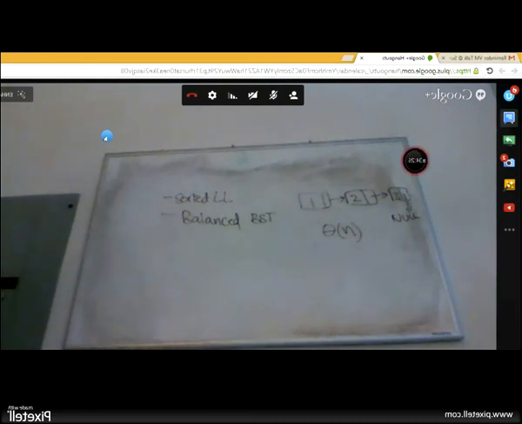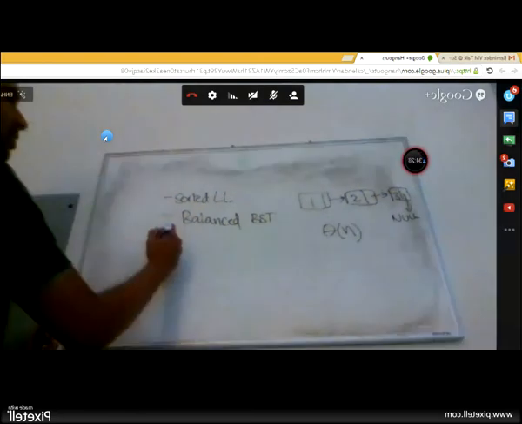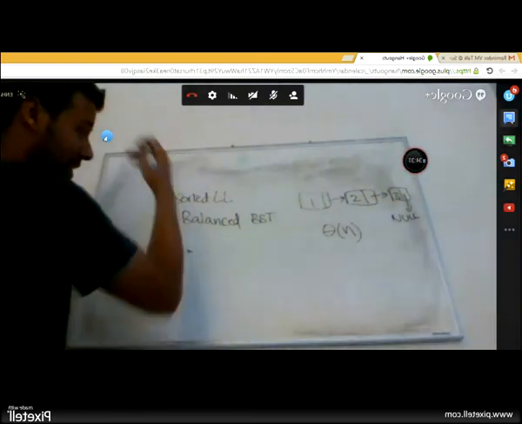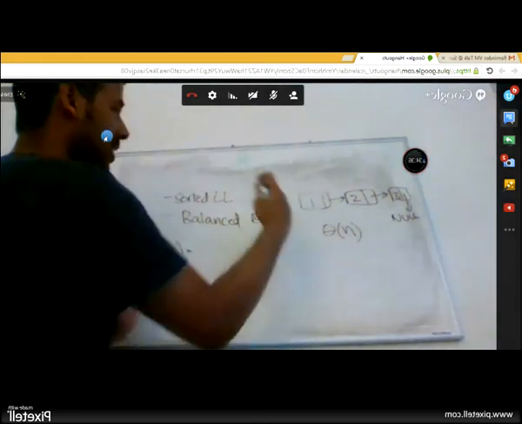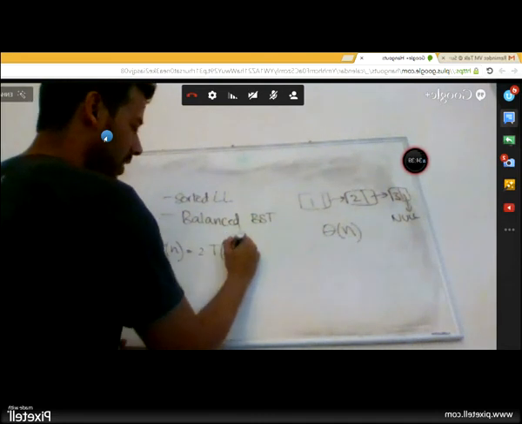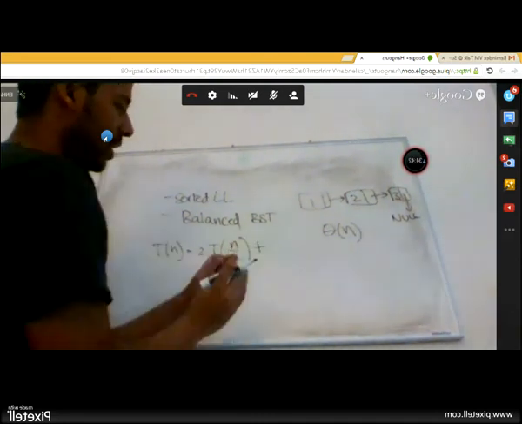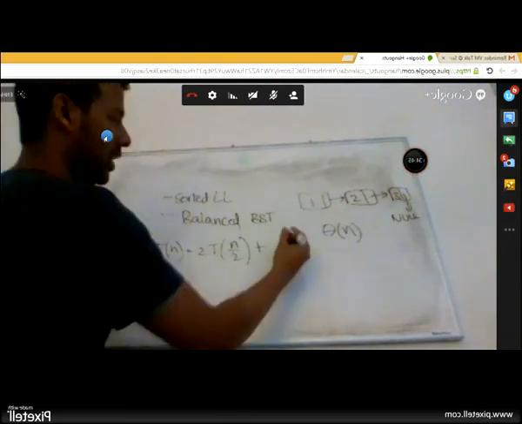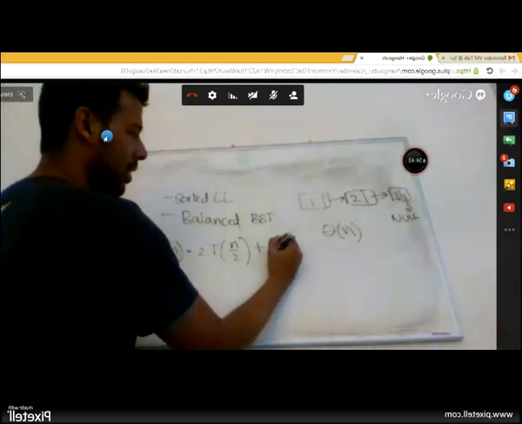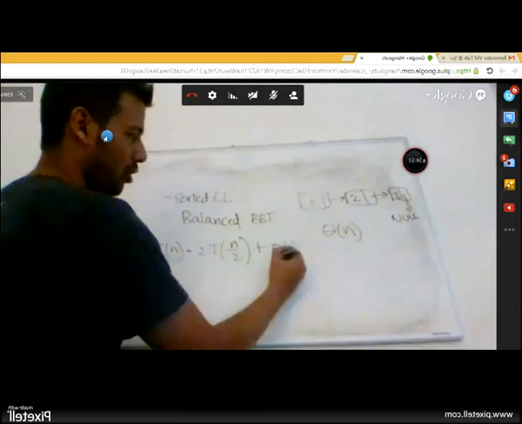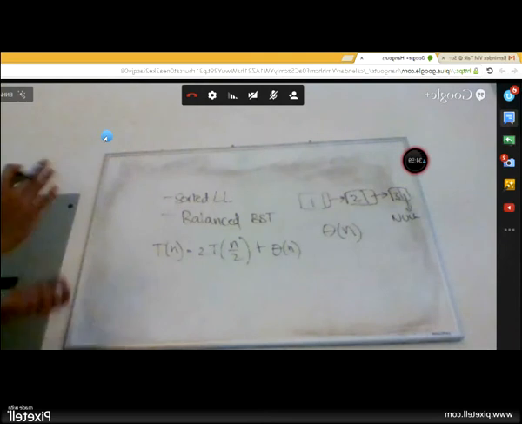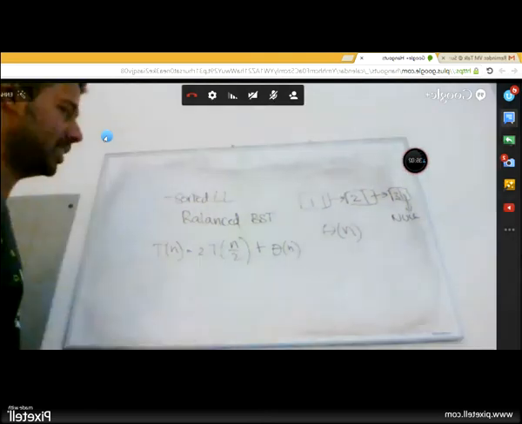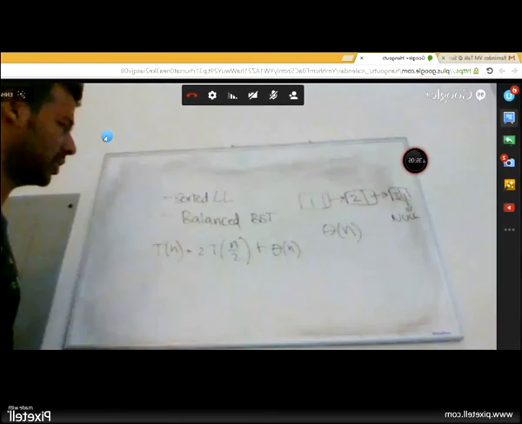That is true. But I know for a fact if I write down the recurrence relation for this, my master's theorem has been, I don't know, you guys should probably refresh me on this. So if I divide my space, I'm essentially making this problem space by 2, cutting it down by half. And there are two things, one for left and one for right. And finding out the middle element itself takes n time, theta of n, which is c of n. How would the master's theorem for this work out? Do you guys know? I know there's that a times n by b. I always forget what each one translates to. I don't think this comes to n square though.